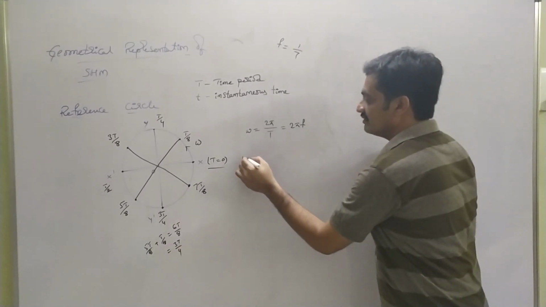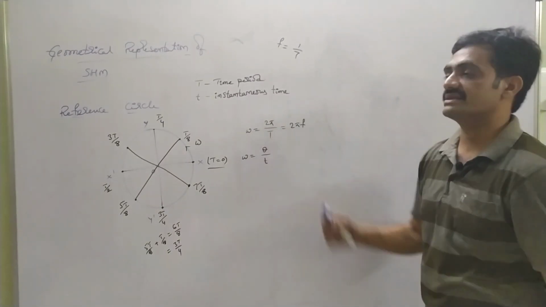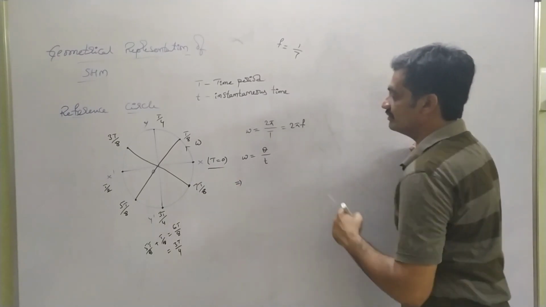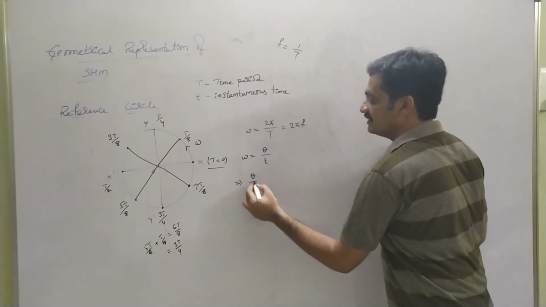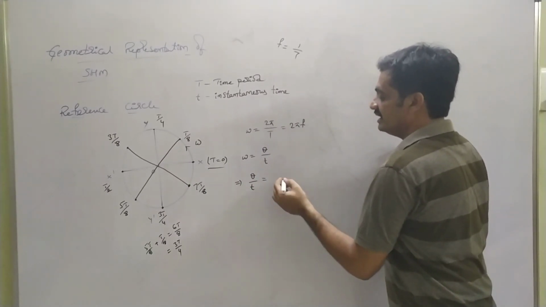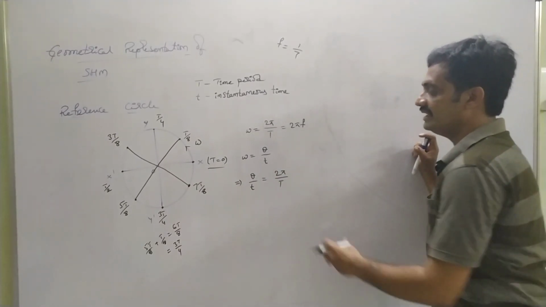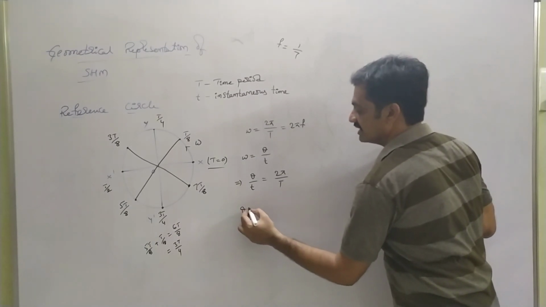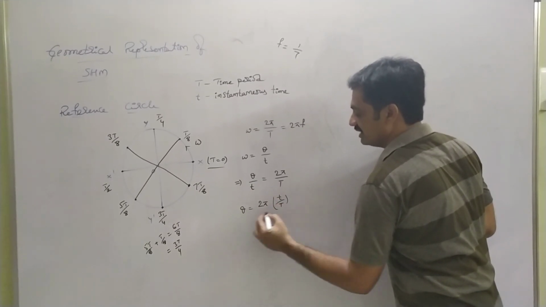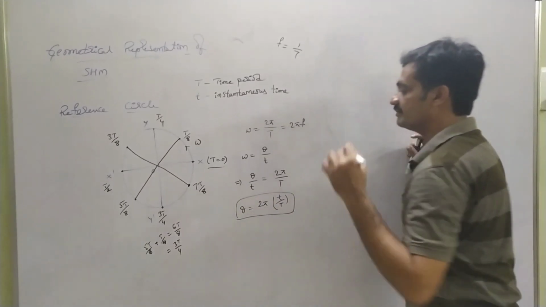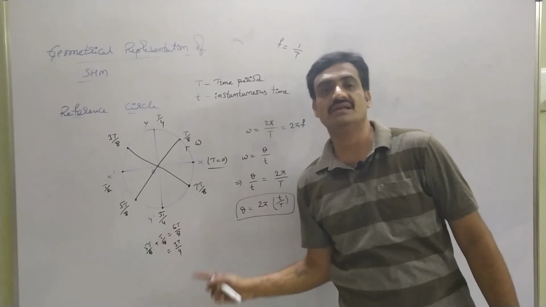We also know that angular velocity omega equals angular displacement theta by the instantaneous time t. Replacing omega with 2 pi by T, we get theta by small t equals 2 pi by capital T. From this, theta equals 2 pi into small t by capital T. This represents the angle made by the particle at any instant in uniform circular motion.